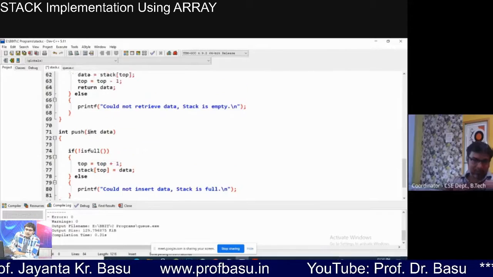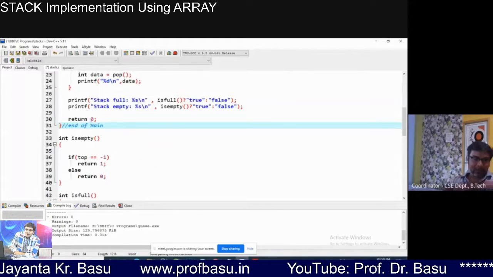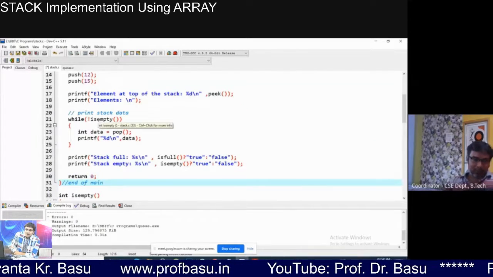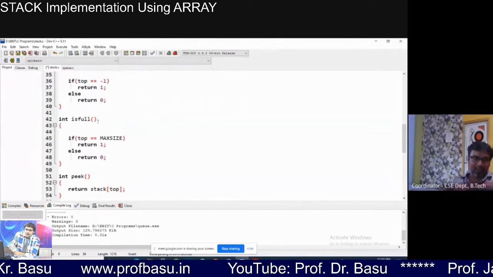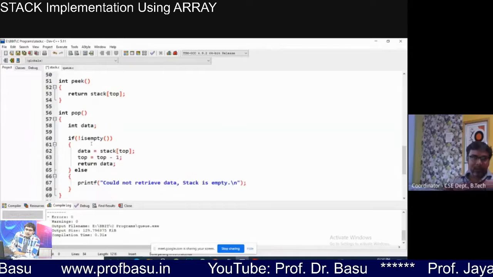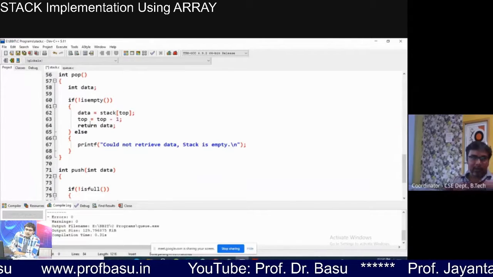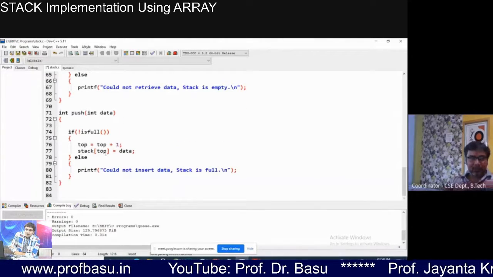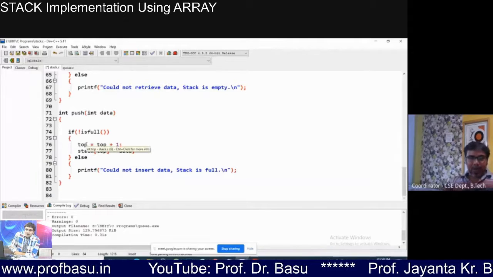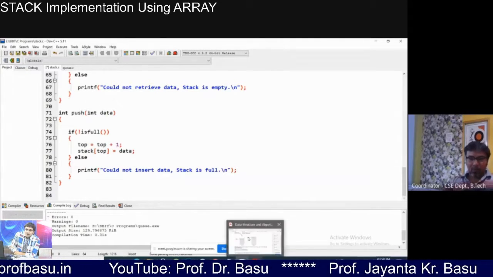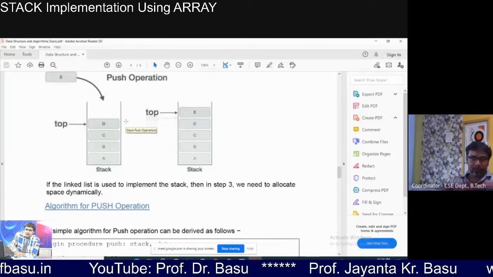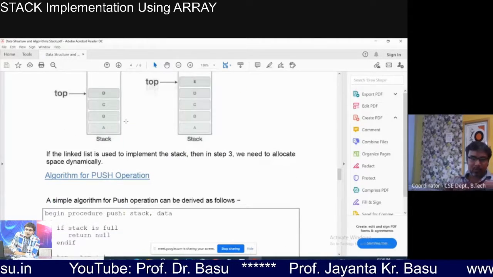Is full returns 1 for the true case, and not true means false. So false means the stack is not full. Then I will go for adding the element in the stack. So to add the element in the stack, what do I have to do according to our algorithm? First, what always